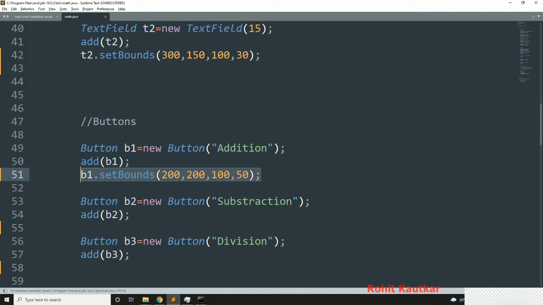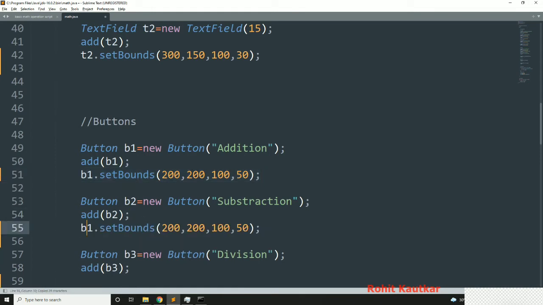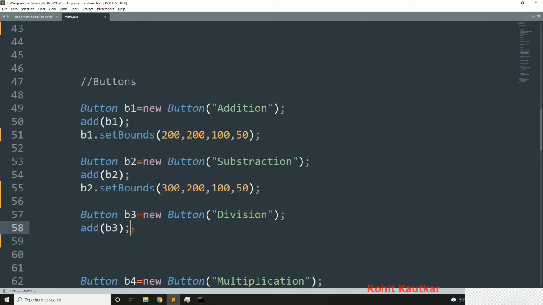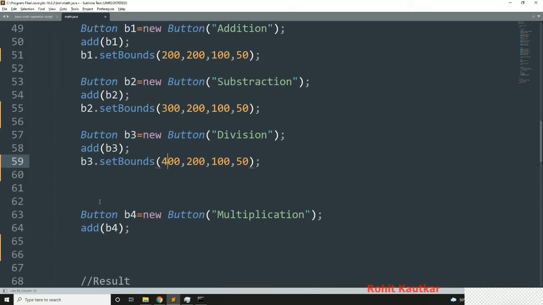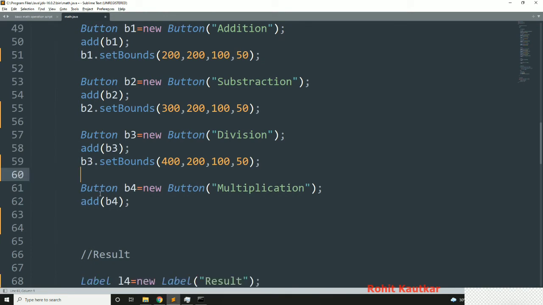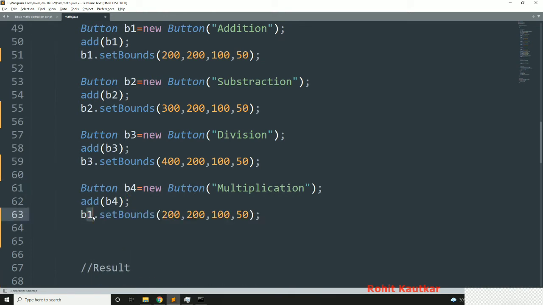Okay, now I will copy this, and here I will change B2, so x position will be 300. In the same way this will be B3, x position will be 400, and now for B4, x position will be 500.